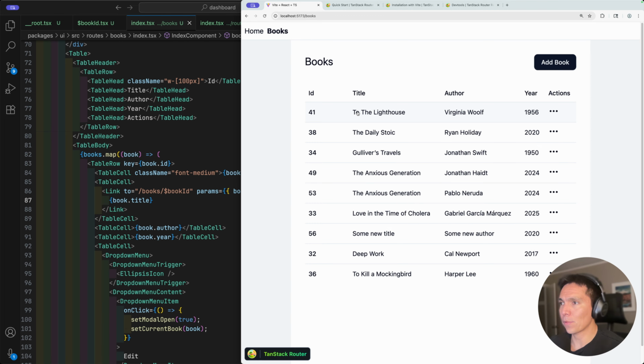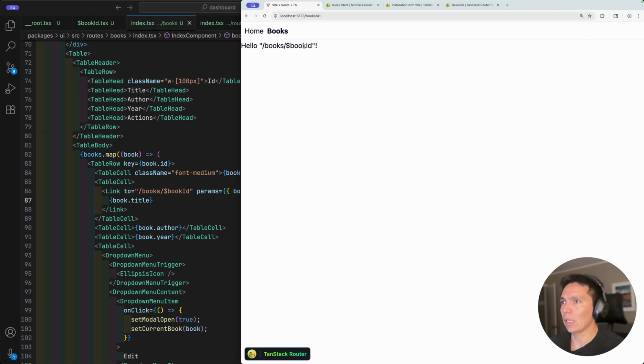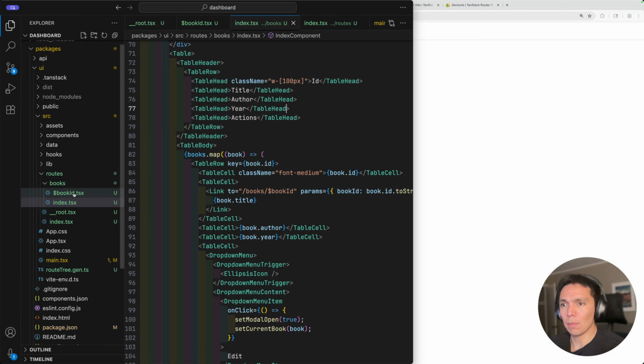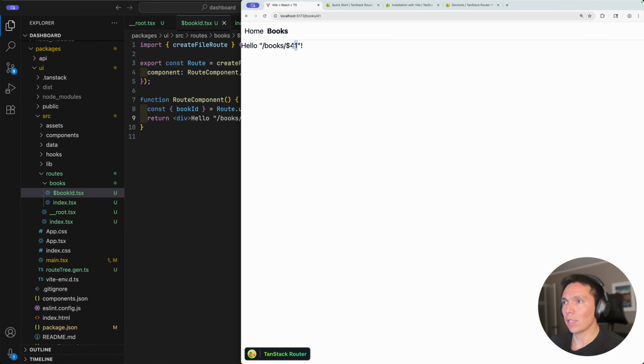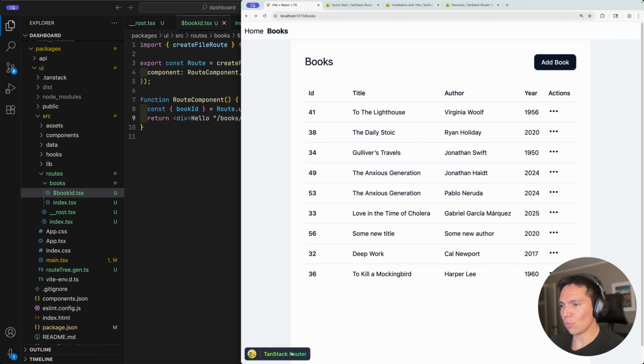I'm going to click to the lighthouse, which is 41, and it's taking me to the new route here. Now I will go to the book ID route. I'm going to use useParams from my router, and from here I can fetch values that are parameters already defined in the URL structure. So I can just print or render the ID. So there it is. Now we have book ID 41 and I'm going to open the TanStack Router DevTools so